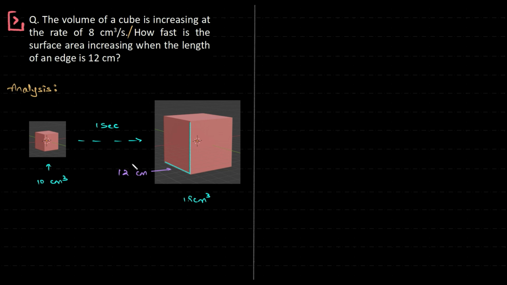Now the point is, what links the volume to the area? How can I link this? What quantity links this? Yes, the edges. The rate at which the volume is changing with respect to time, and we have to look at the rate at which the surface area is changing with respect to time. And the quantity which links all of them is the length, the edge, the rate at which the edge changes